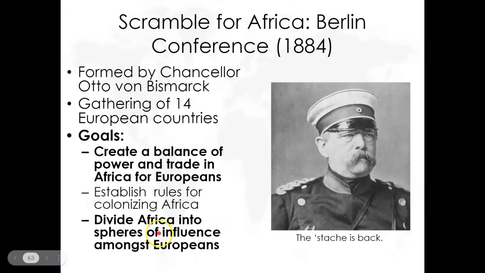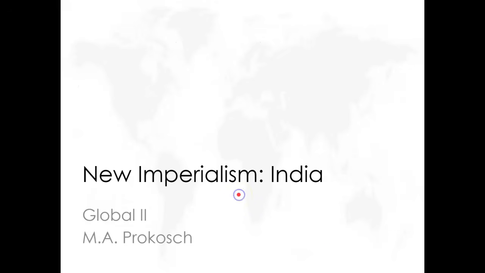They slice and dice Africa between European powers. Sometimes they use the term, they're dividing Africa into spheres of influence. So obviously, people from Africa were not represented. This is Europeans deciding what part of Africa they get. Berlin Conference, got to know it.